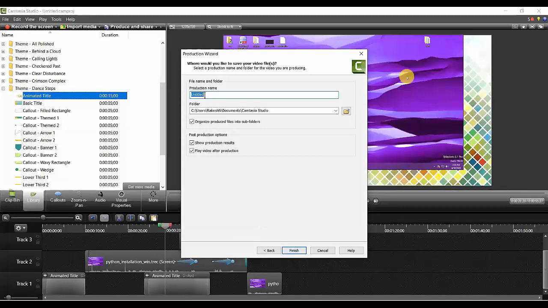Give the name of your file, whatever, trial, and it will be saved in your Camtasia Studio. Now if you finish, then it will be like this. Some kind of rendering procedure will go on, and after some time your video will be ready. Now it is going very fast because it's a small video, no? Let us try to complete it.